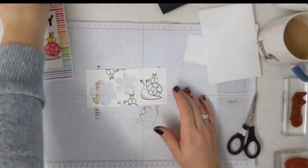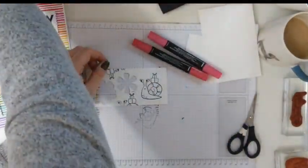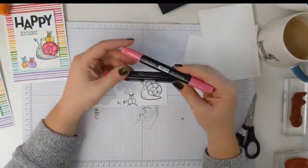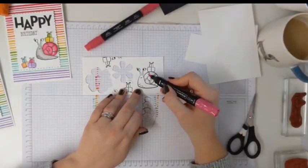Okay, so what we need to do is we need to colour our little snail in. So I have some red stamping blends here. That's Melon Mallow, and this is Real Red. Okay, so I'm going to start by colouring in my